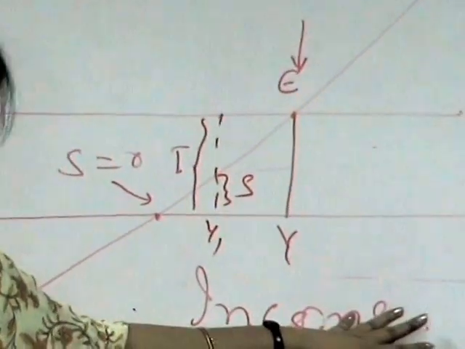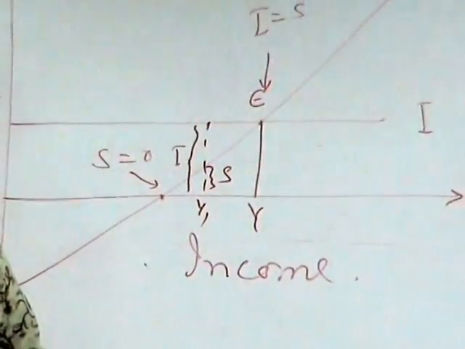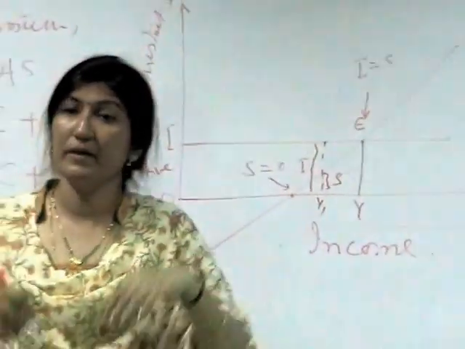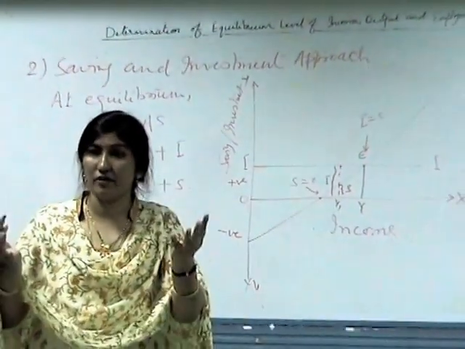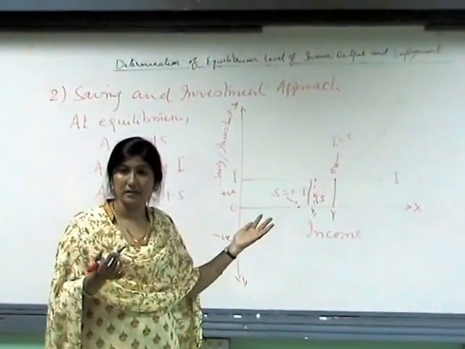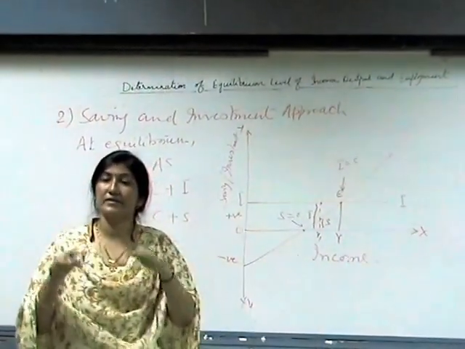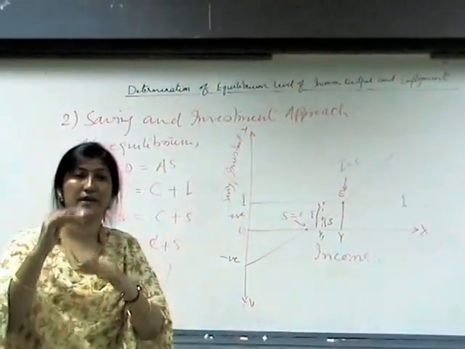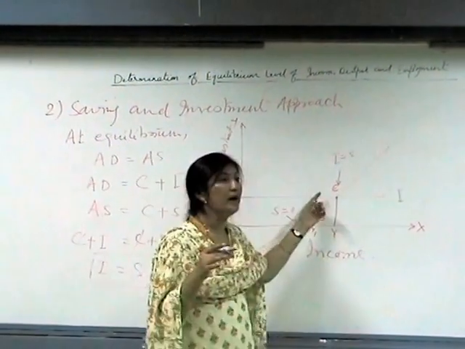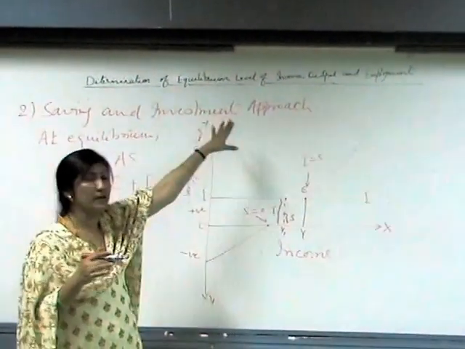When you take any level beyond this OY level, beyond this equilibrium level, then what will happen? This time your saving will be more and investment will be less. Means people are more interested in keeping money with them rather than investing. Again, now the production will be increased. Means again what will happen? Investment is less. So this equilibrium is getting disturbed. So this system will automatically adjust itself in such a way that investment will come down, savings will come down, investment will be increased, and again that equilibrium is operating at a point where I is equal to S. So in this way, we come to the last, that is, the determination of income and employment and output.